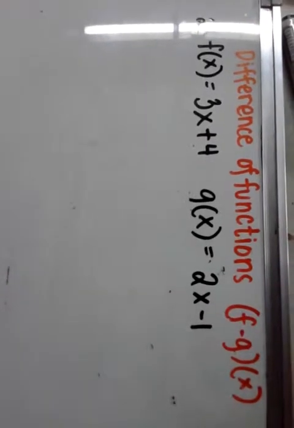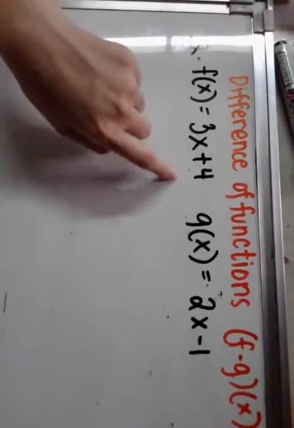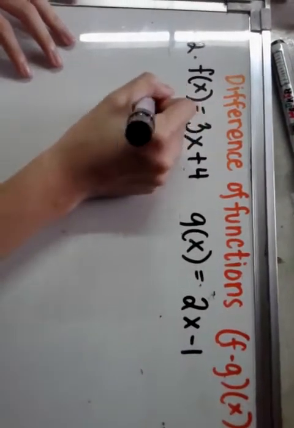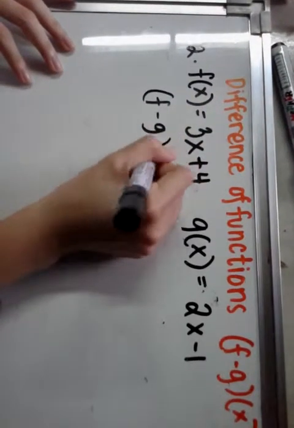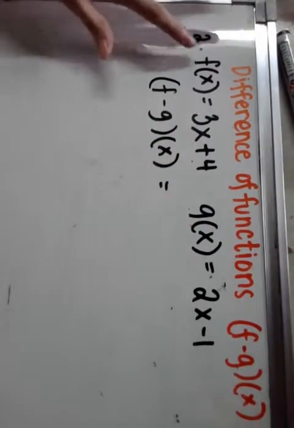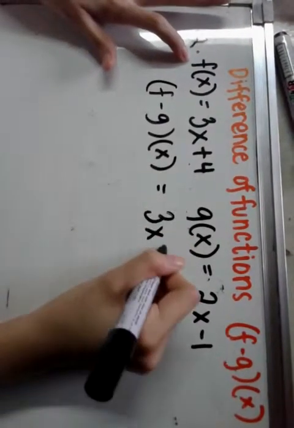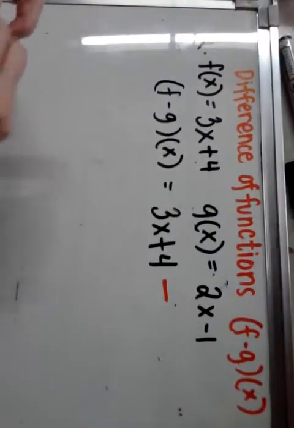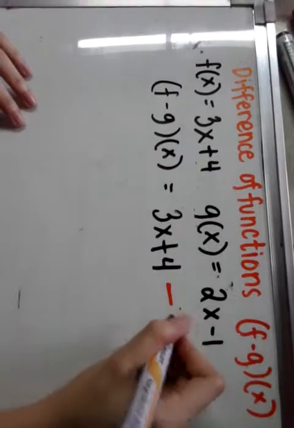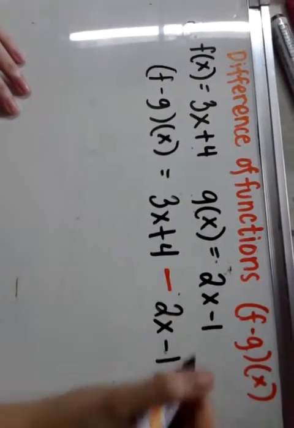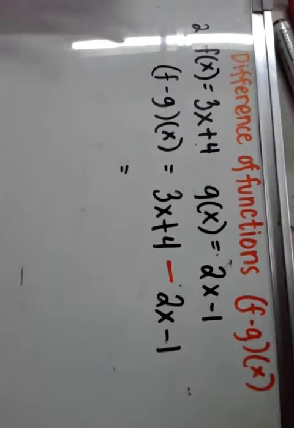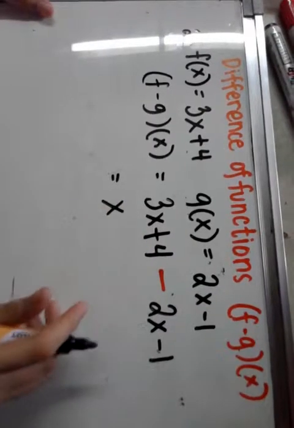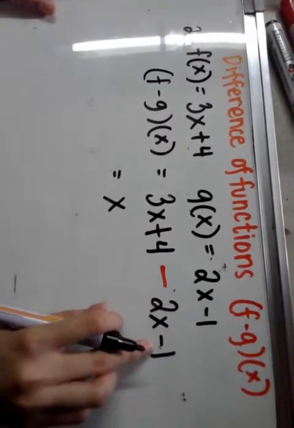So here in our second example, f of x is equals to 3x plus 4 and g of x is equals to 2x minus 1. Again, first copy the formula, f minus g of x, and then copy the equation of the f function, 3x plus 4, and then subtract since we are finding for the difference of functions, and then copy the equation of the g function, which is 2x minus 1. So simply simplify it or subtract like terms. 3x minus 2x is equals to x, and 4 minus 1 is equals